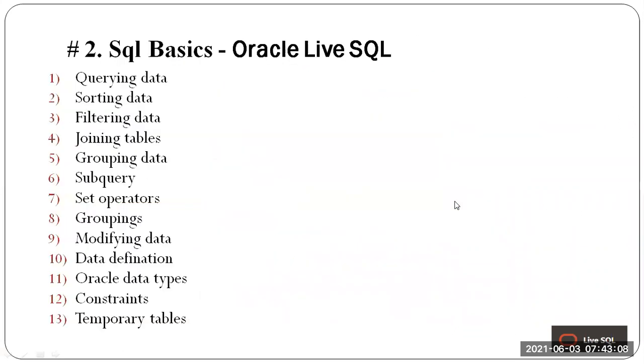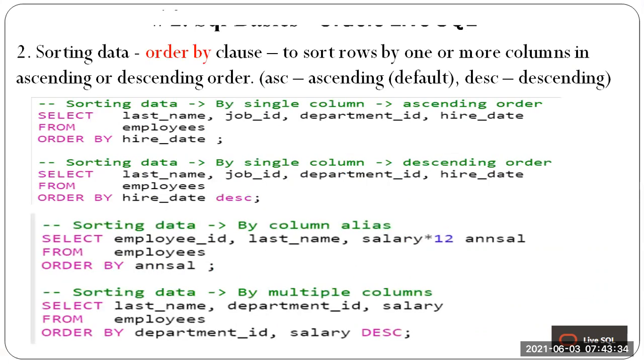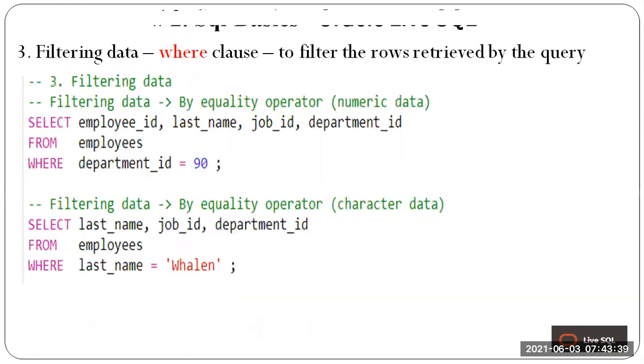Let's take a brief look at what we have covered in this particular video. We have understood querying, sorting, and filtering. Later videos will cover each topic in detail. So let's take a recap. Querying simply means you want specific data. In the table you have a lot of data, but you want specific data, so for that we have SELECT. Sorting: you want to arrange the data in ascending or descending order, so we have the ORDER BY clause after the select. In WHERE we filter the data, because you don't want all the data displayed. We want data specifically meeting a specific criteria.